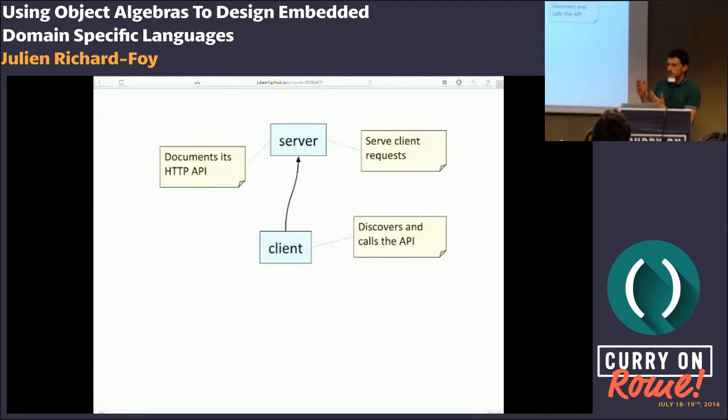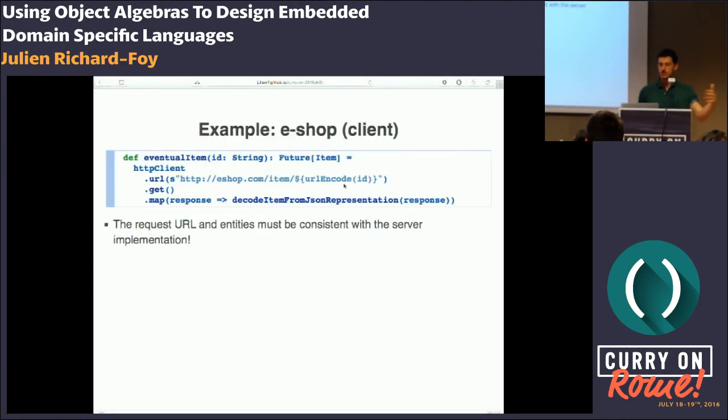When they communicate, they have to agree at some point on a common communication protocol. I'm not talking about HTTP. I'm talking about the application level protocol, so that the requests performed by the client are correctly interpreted by the server. And when we want to have documentation for our web service, we also want to describe this protocol. So we end up having the implementation and the description of our